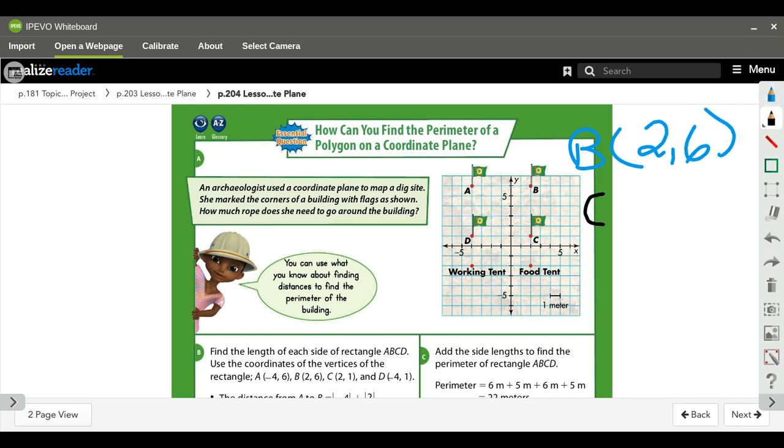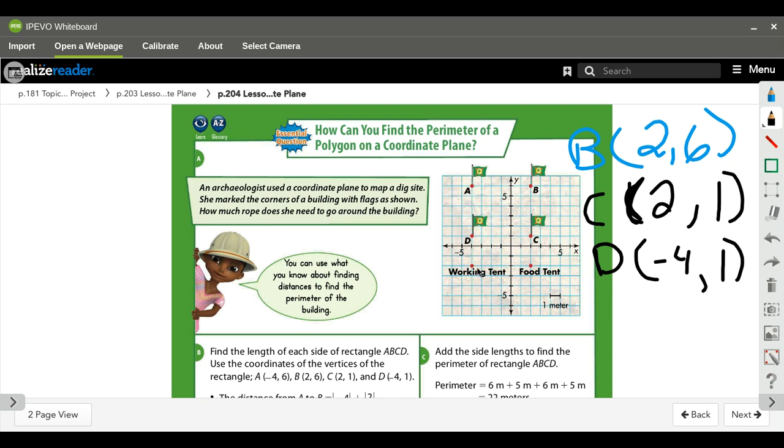Point C is on the same line, so my x coordinate is going to stay the same. So it's going to be (2, 1), because I only went up 1 point here. D is on the same horizontal line, which means it has the same y coordinate. And then I am at (-4, 1). And then point A, I'm on the same line as D, so it's going to be -4